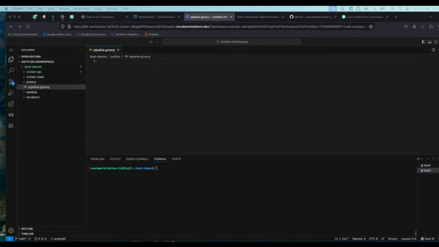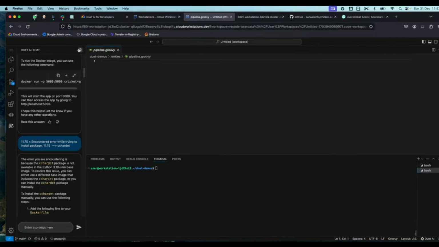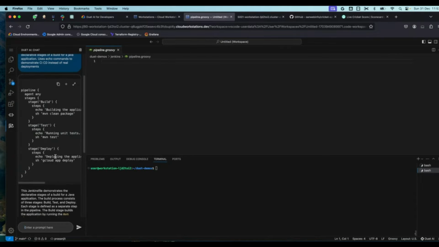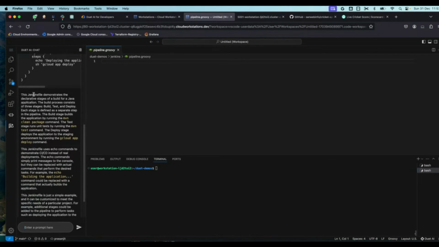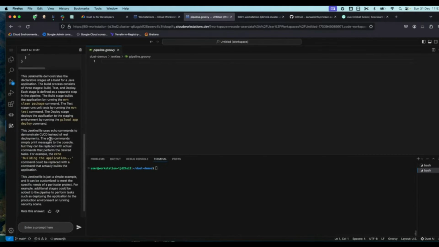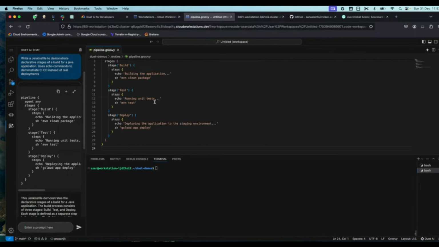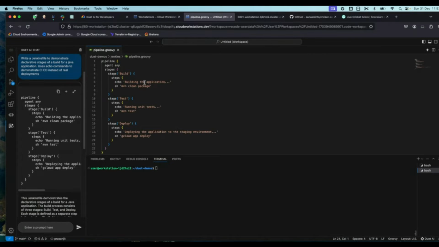So first of all, we'll be going to the Duet AI prompt, and let me clear this out. So we'll put in a prompt to generate a Jenkins file to demonstrate declarative stages for a build for a Java application. So here we are given a certain snippet of code in Groovy, which we bring over to our